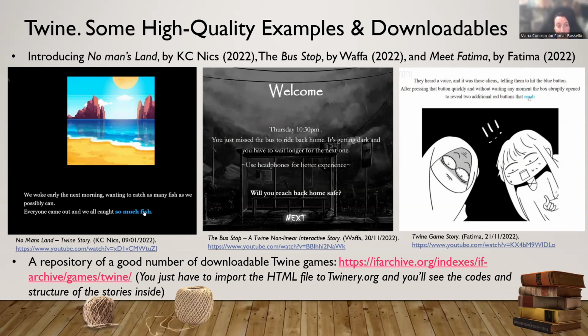You can upload it to Twinery and it will show you the inside of the pages. So if you see a Twine game that is very well designed and you like the structure, you can just take it, upload it, and make the necessary changes. And it will help you design your own stories much more easily, right? So I think we still have time